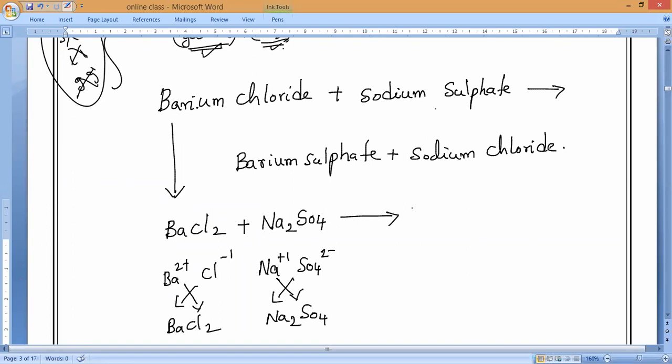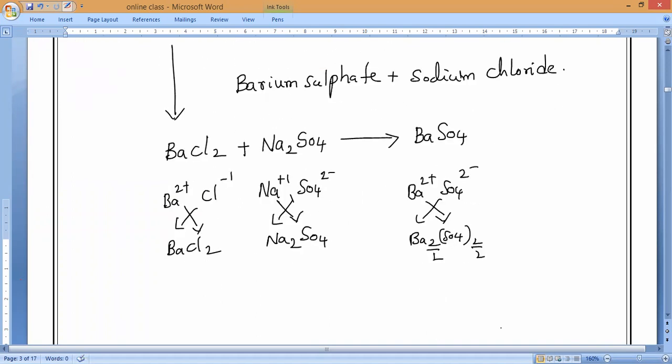Next, barium sulfate. Tell me, barium sulfate, what will come? BaSO4. Ba2 plus and SO4 2 minus. Write everything neatly. So Ba2 and SO4 twice will come, so that both will be simplified. Have you understood? So what will you get, guys? BaSO4, plus